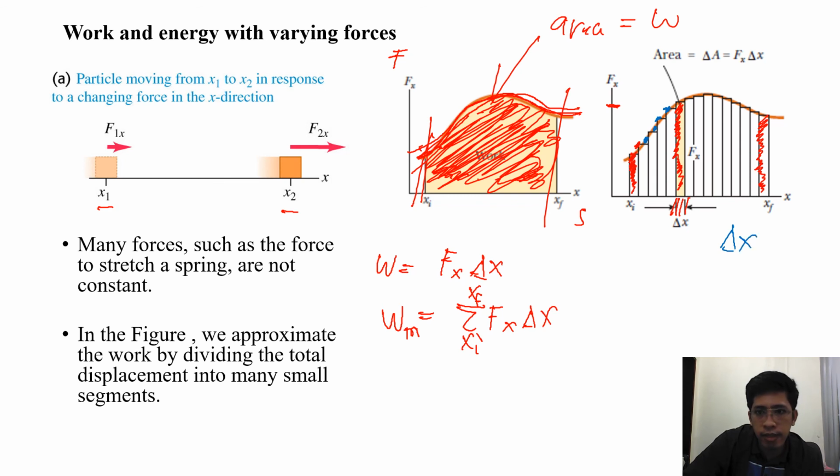You make delta x approach zero, so that your rectangle is very small, so that we can avoid these blue areas here, because it seems here that we are underestimating or overestimating. So if you take the limit such that your delta x approaches zero, to make your rectangles very small for this function,